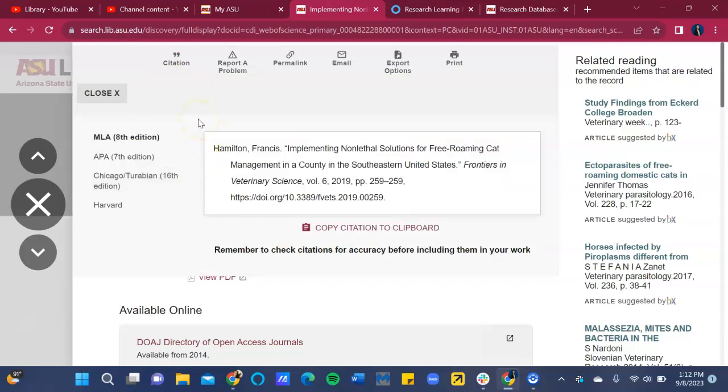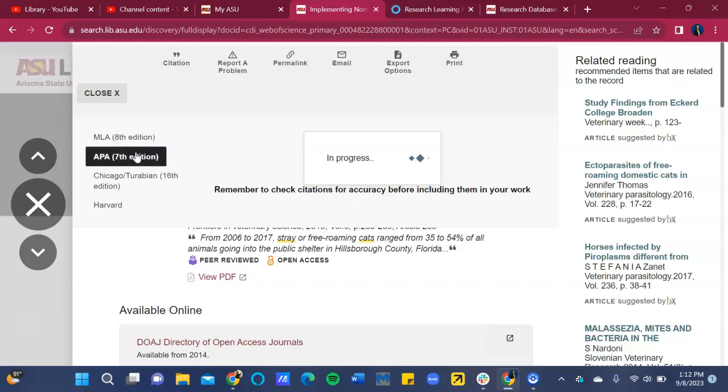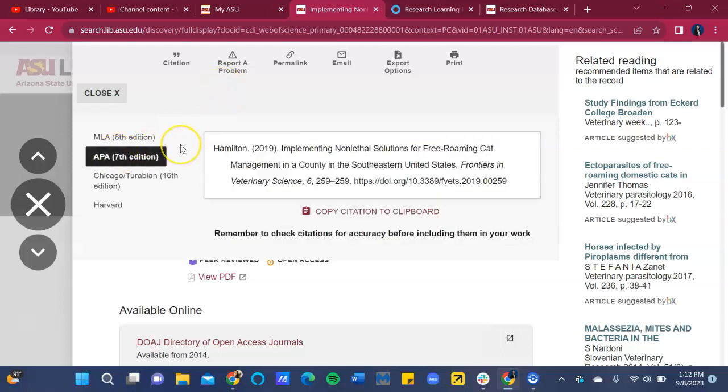Now, before we get too excited with this, it is a great help, but you're always going to want to double check to make sure that it is up to date with the most recent guidelines for your style, since we're using APA in this class. I'm going to go over here on the left, choose APA 7th edition. That is our most recent. And for the most part, we're looking pretty good, except, okay, so we have the last name here, but APA says we should have the initials for first and middle name if they provide it. So you would need to open up the source and find out what those letters would be